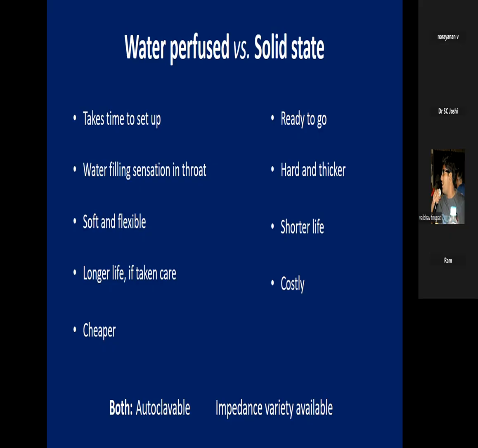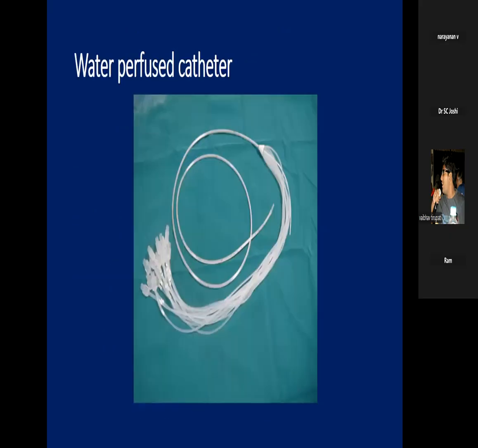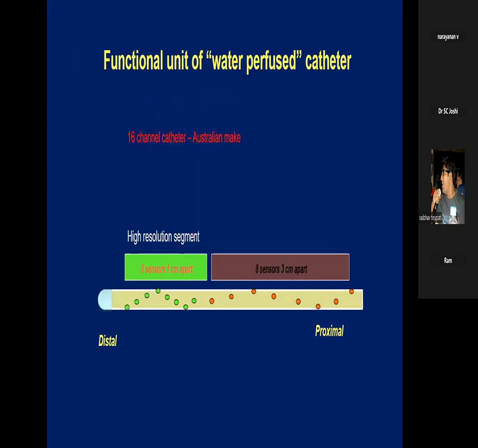So manometry with impedance is also available, but we are more familiar in our country with pH impedance. So this is our standard water perfuse catheter, what we all use. As you know, this contains 16 channels. The high resolution segment is in the lower portion, that is nearer the lower esophageal sphincter, where the 8 sensors are placed radially, that is all around in different places, 1 centimeter apart, and proximally there are 8 sensors placed